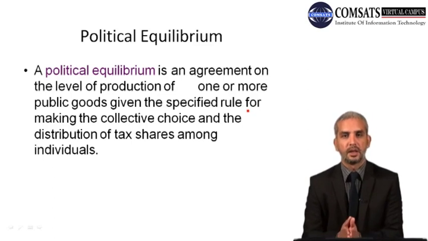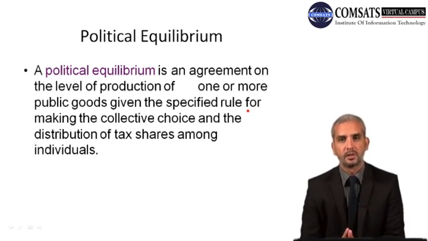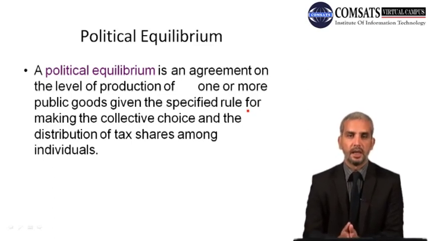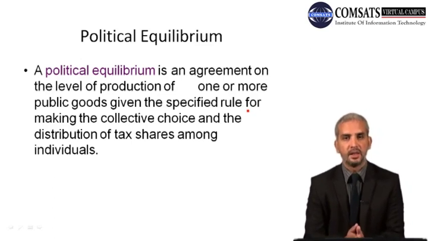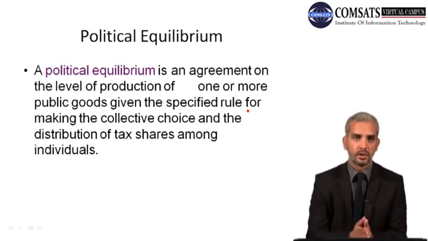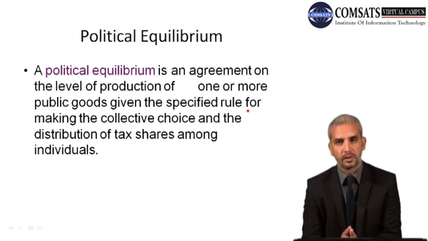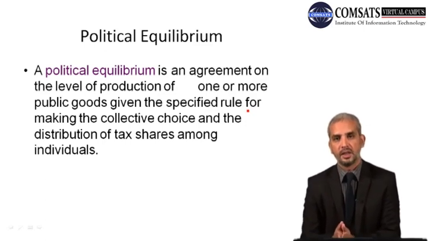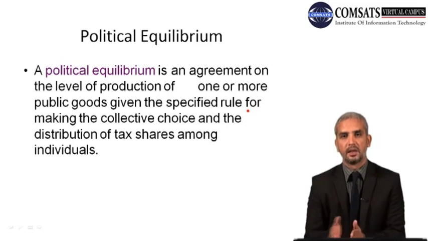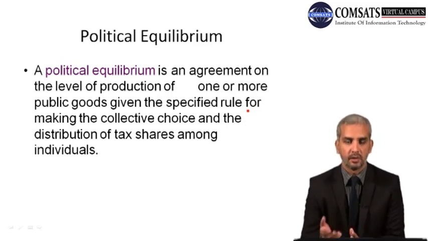Based on this median voter's outcome, where M, who already wanted 4 security guards, got that political equilibrium where 4 security guards were selected, we found that individuals A, B and C, who wanted fewer than 4 security guards, had to pay for 4 security guards, while individuals F, G, H wanted more security guards, and in terms of their payment of $50 as a tax share, they got fewer security guards than they wanted.